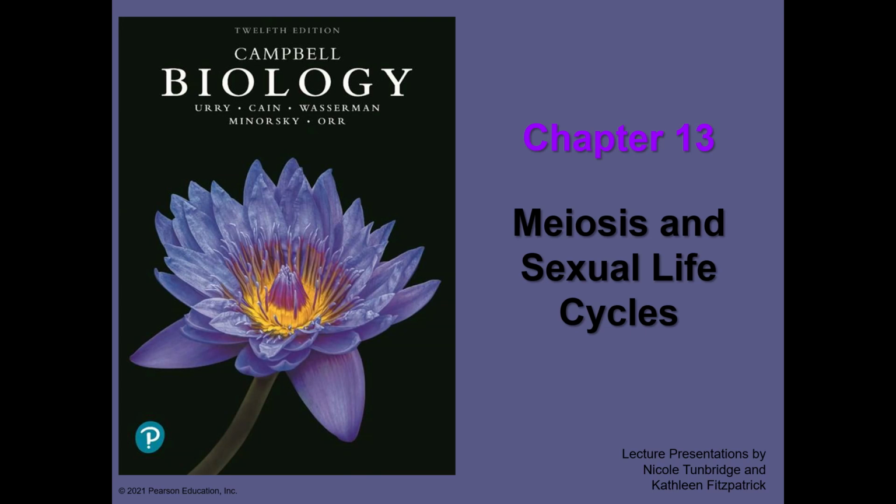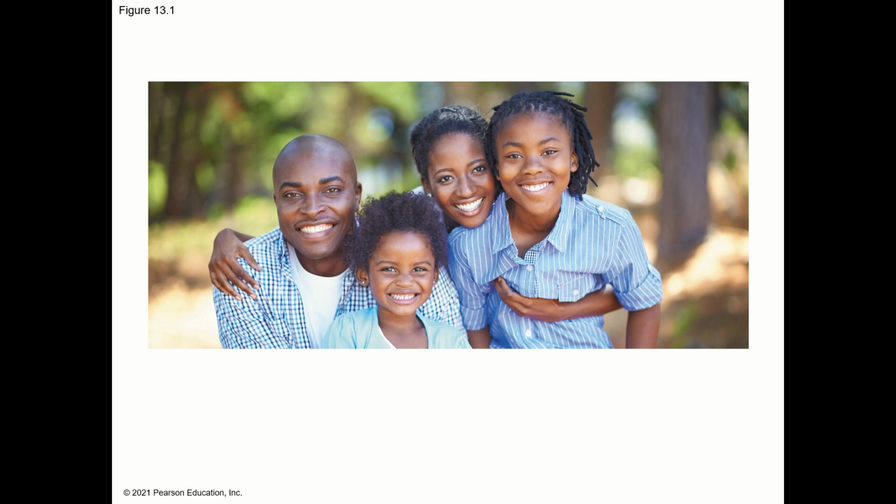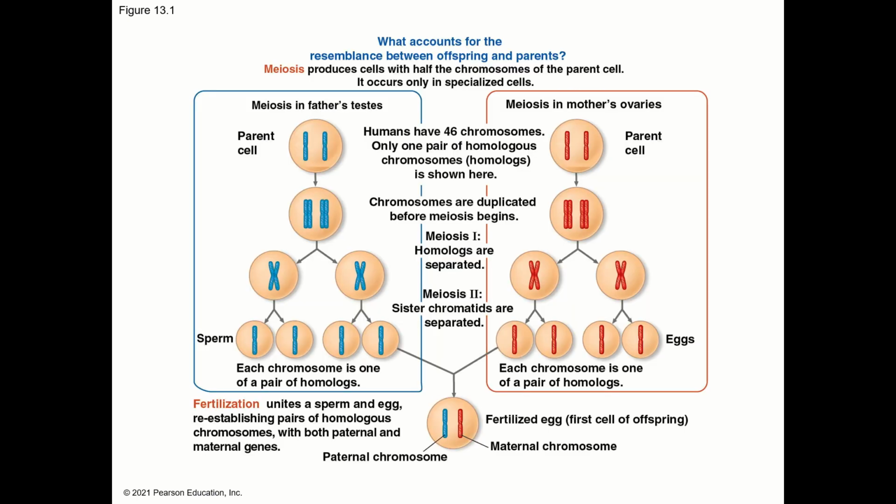Hello everyone. Now we're going to be covering Campbell Biology Chapter 13, Meiosis and Sexual Life Cycles. Here, when it comes to one of our beginning figures, what accounts for the resemblance between offspring to their parents? Well, that's because of the sexual reproductive process called meiosis, which produces cells with half the chromosomes of each parent,